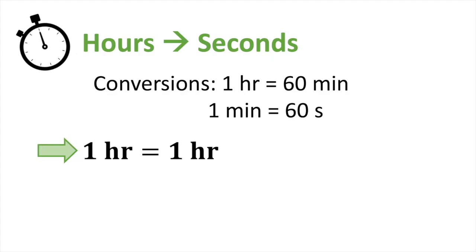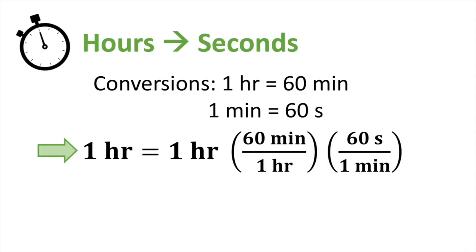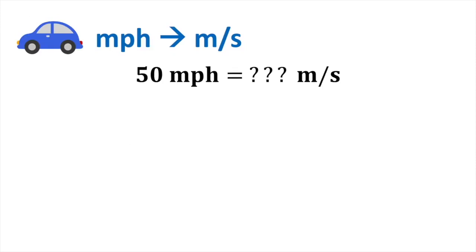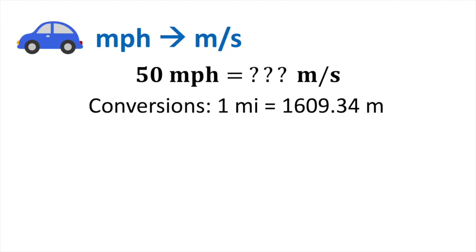So 1 hour multiplied by 60 minutes divided by 1 hour, and the second conversion factor, 60 seconds divided by 1 minute. So notice that everything cancels out except for the second, leaving us with 3,600 seconds if you plug that into a calculator. So we are now ready to convert 50 miles per hour into meters per second. We will use both conversions. 1 mile is equal to 1,609.34 meters, and 1 hour is equal to 3,600 seconds,